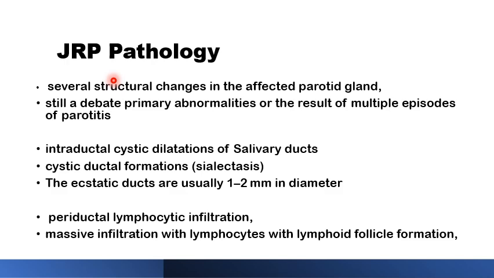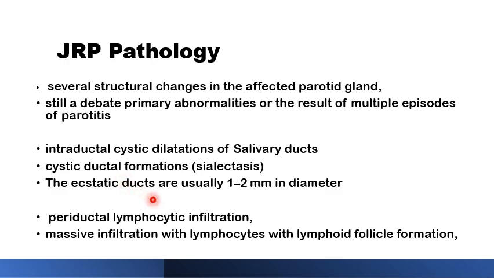Several structural changes were noted in the affected glands, but there is still a debate about whether these structural changes are the primary cause of the disease or secondary to repeated attacks of inflammation. The structural changes noted are intraductal cystic dilatation, the sialectasis of the duct system of the parotid gland. This usually measures 1 to 2 millimeters in diameter and can extend from the distal ducts to even the intraglandular deep parts of the gland, and cause cystic dilatation not only of all the duct system but also of the